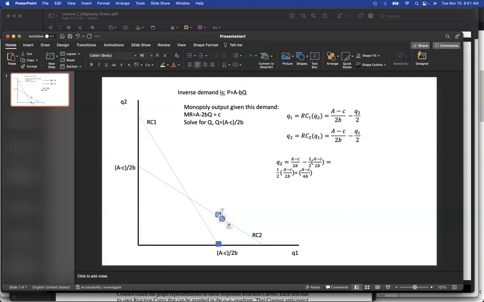Okay. The process will continue. Is this the equilibrium? The answer is no. Why? Alamin natin. Say, ihilera natin yan dyan. And ano ulit yung sagot natin dito? 4B, di ba guys? Okay. Nasa 4B tayo. If Q2 is A minus C over 4B,